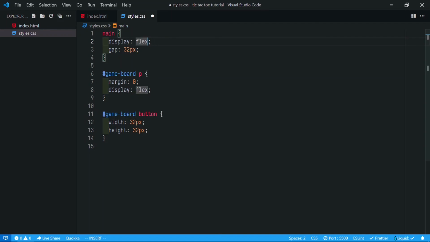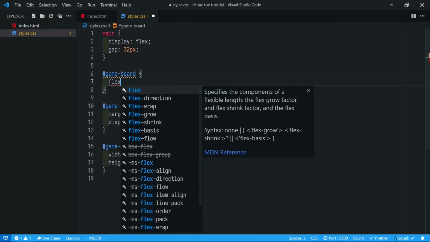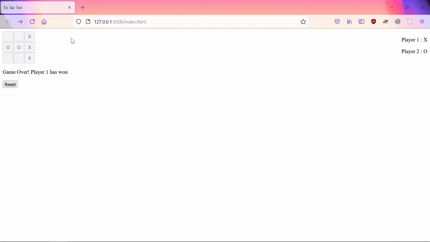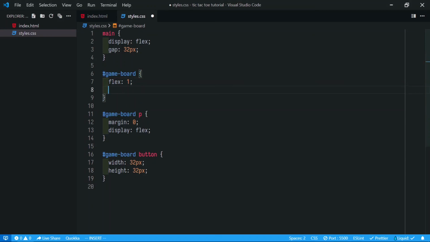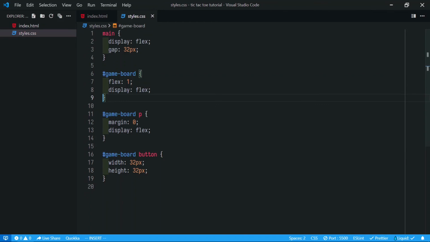So we say that game board is flexible, flex 1, so it will take the whole space, and we want all the elements in game board to be centered. So we make it display flex and save.